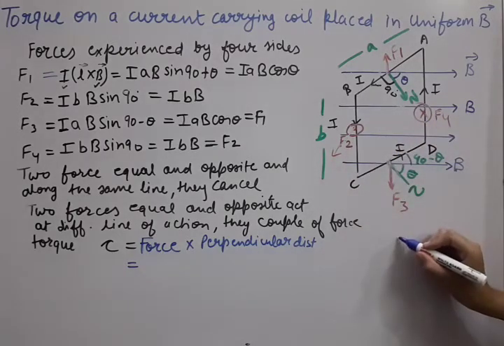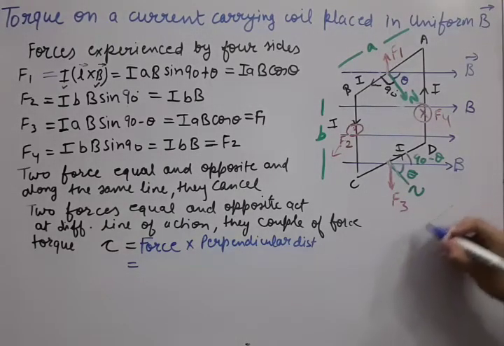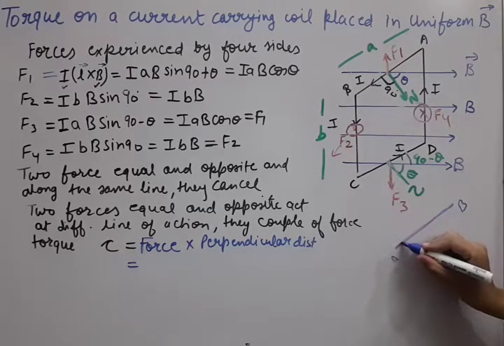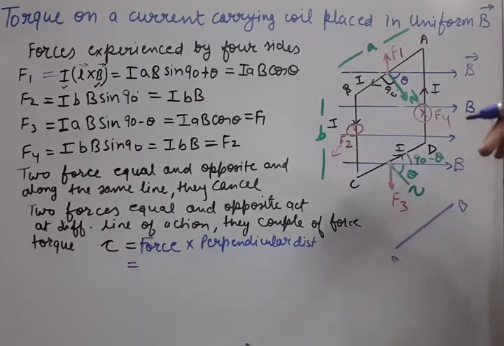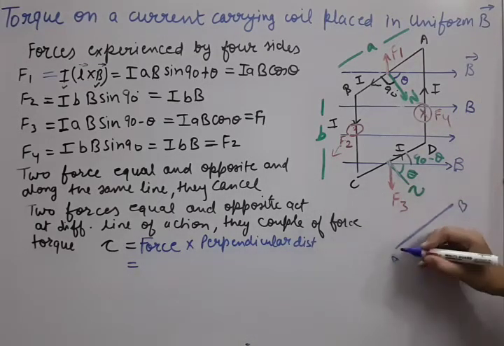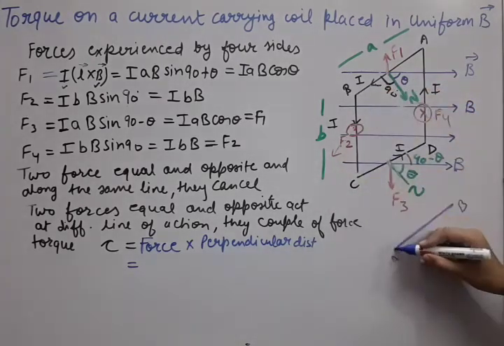So what you need to do, you have to see the coil from the top. So I am drawing here the diagram. This is our AB. This is the top view. If we see from the top, only the edge AB will be seen. At A side one force is normally outwards.